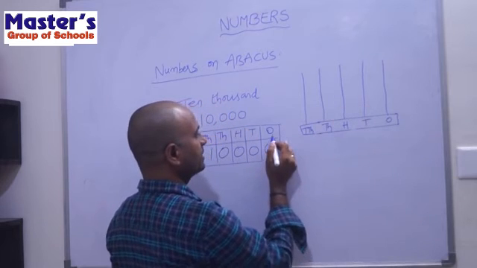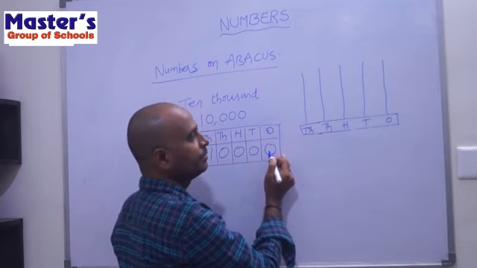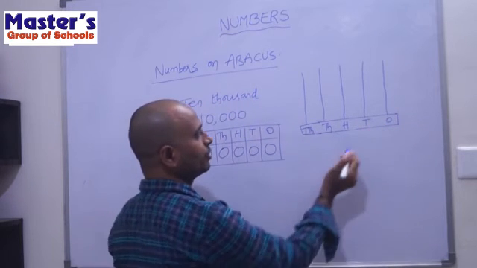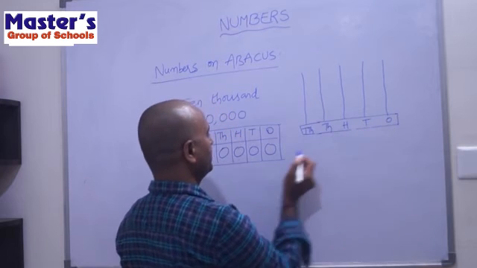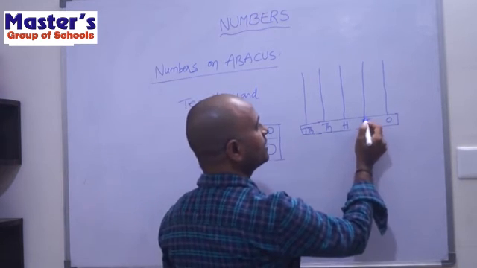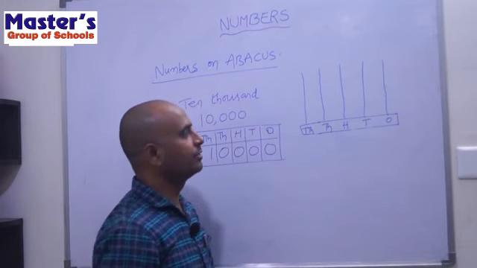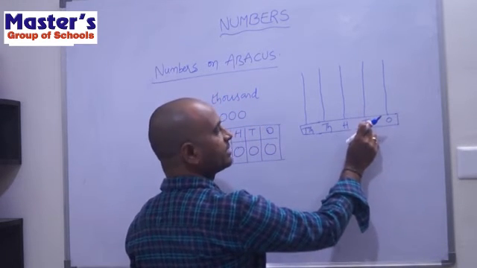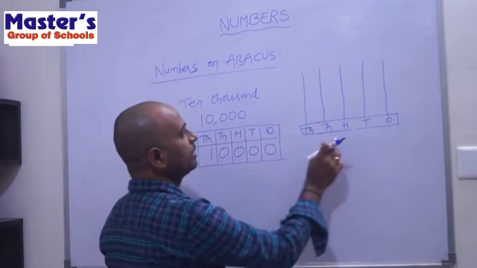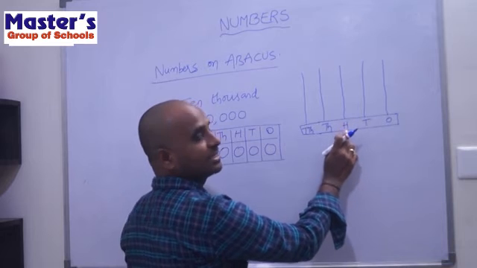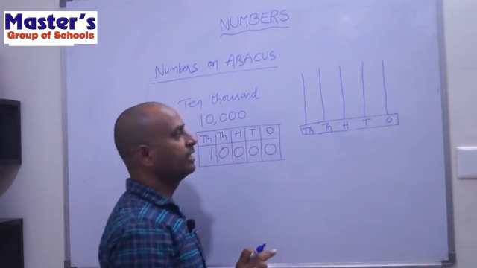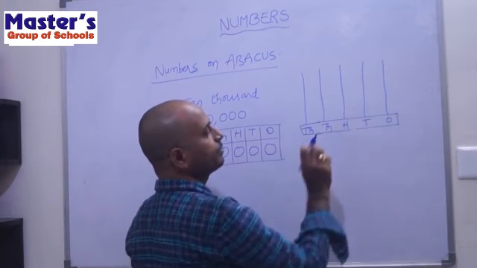In ones place the digit is 0, that means this stick does not contain any beads, 0 beads. Next go to the second stick, that is the tens place. In tens place also the digit is 0, that means the second stick does not contain any beads. So we should not place any beads in tens place because the digit is 0. Now go to the third stick. The third stick represents hundreds place, but in hundreds place the digit is 0. That's why we should not place any bead in hundreds place also.